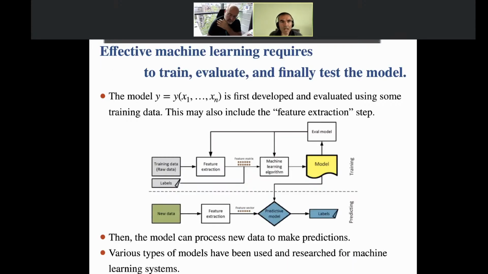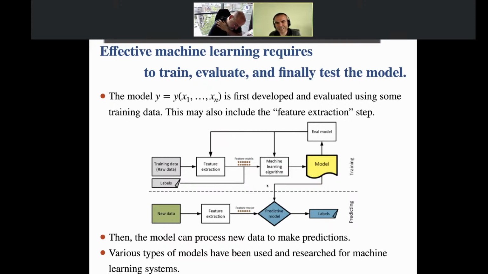Now, having a good model requires to train, to evaluate, and finally test your model. So typically, in the end, first you develop the model, and you need to test it. So you need to make sure that you extracted the most important feature, and you didn't leave some interesting one aside.